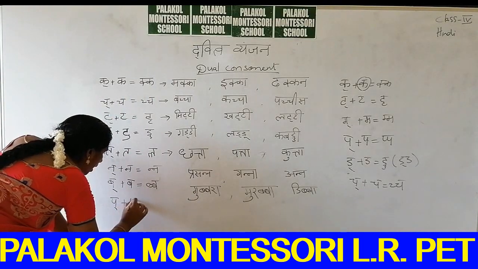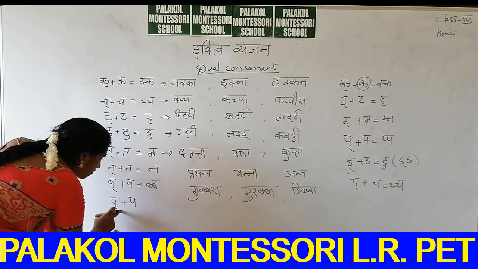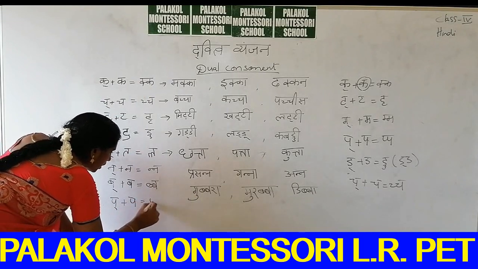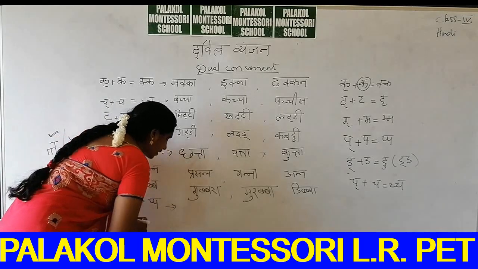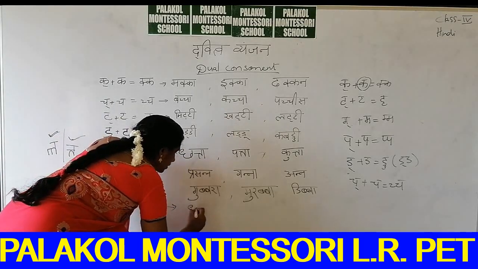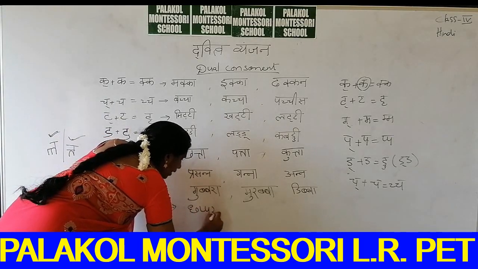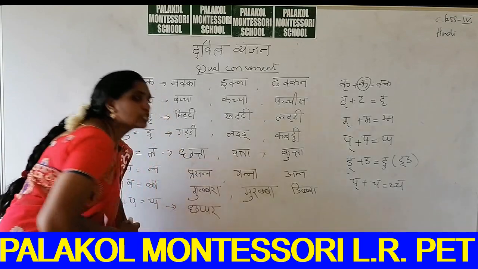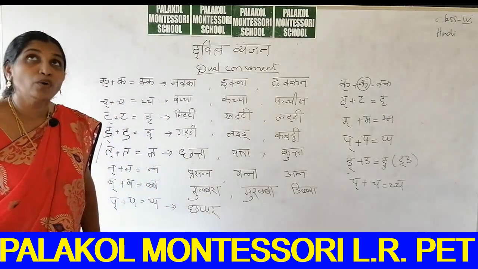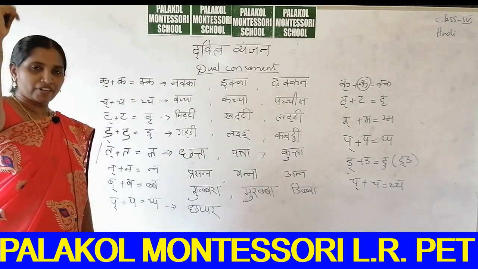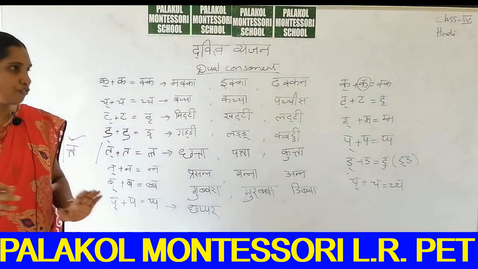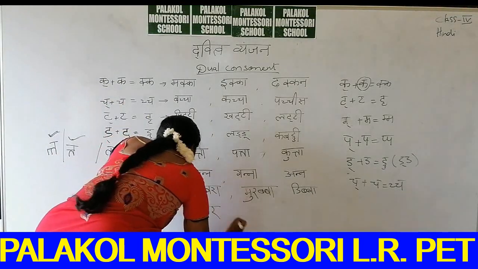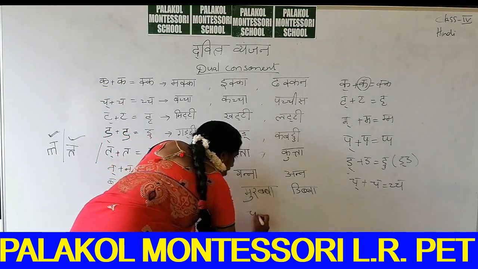One more thing is pa plus pa. Half pa is that. Half pa plus full pa is equal to ppa. Okay. So what letters does it give? Chappar. Chappar means roof. What is the upper part over a head? That is called a roof. Chappar means roof. And another thing is cha, half pa is there.